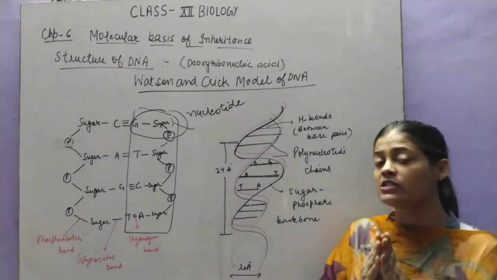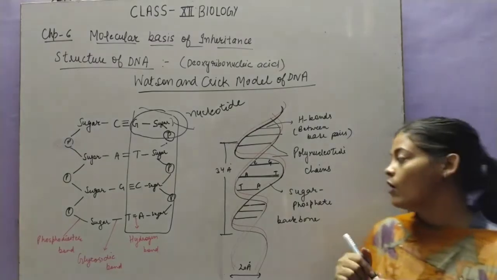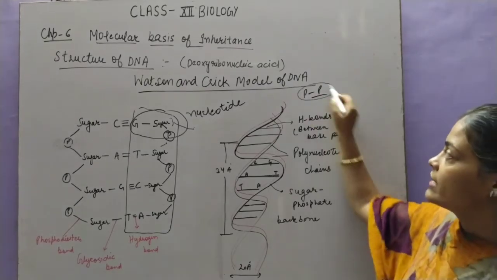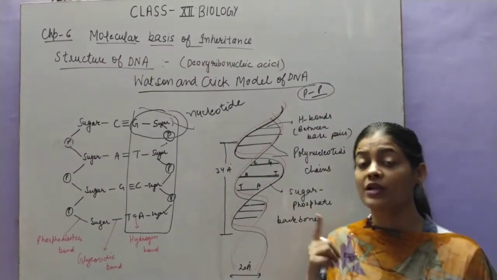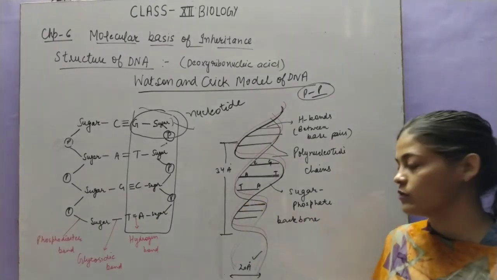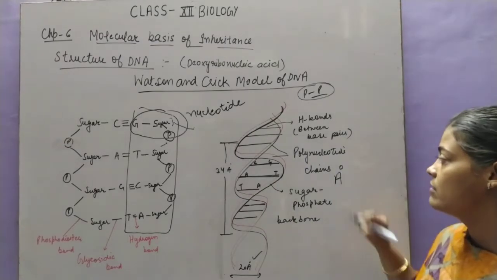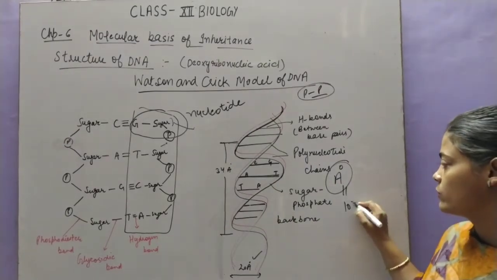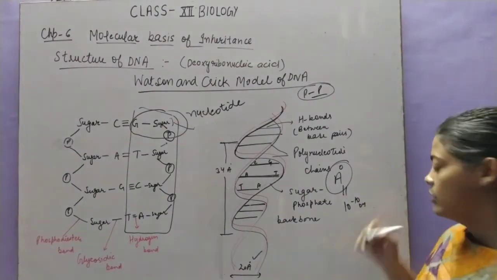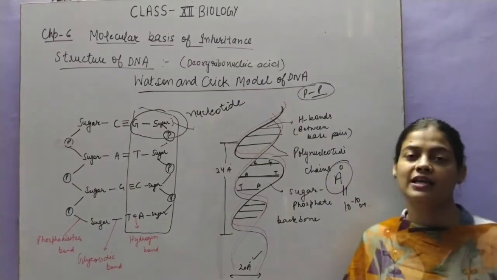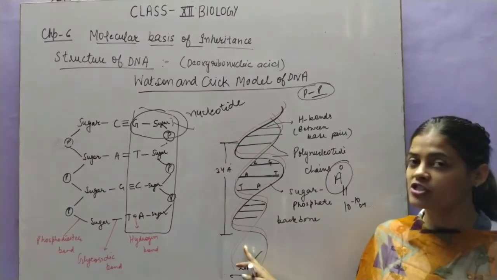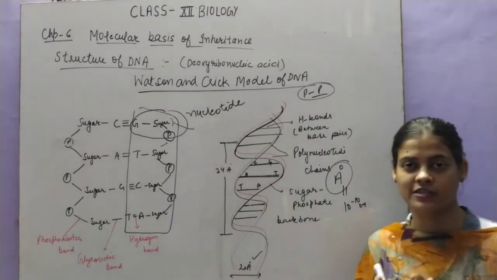It is always there, because if you see the size of purine and pyrimidine, purine और pyrimidine जब pair up करते हैं तो उनका जो size होता है, there will be 3 rings, 2 from purine, 1 from pyrimidine. तो उनका जो साइज़ है वो DNA के डिस्टेंस के बिल्कुल इक्वल है, that is equal to 20 angstrom. This is the new unit which is called angstrom, which is equal to 10⁻¹⁰ meter. ओके, तो इसका साइज़ इतना ज़्यादा छोटा होता है, तो इसी के लिए हम कौन सा यूनिट यूज़ करते हैं, angstrom. So it is equal to 20 angstrom in which 1 purine and 1 pyrimidine will fit exactly.